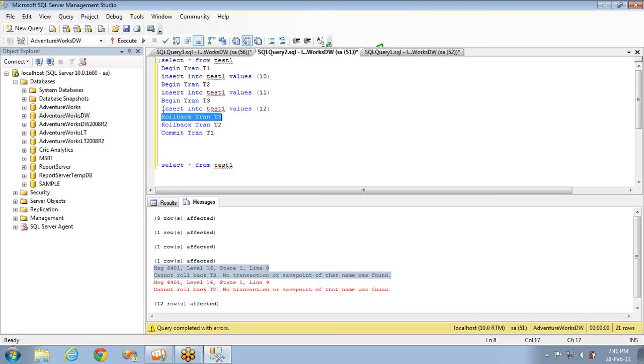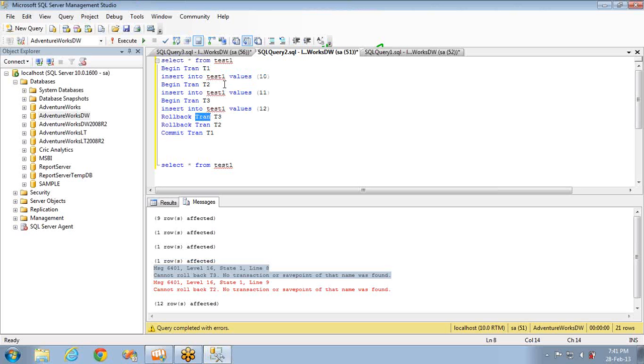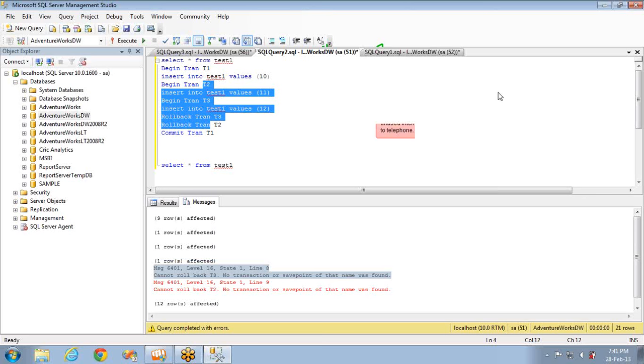Let's say this is your transaction. From here to here, this is the complete transaction, the outer transaction. In between, you can roll back to some portion of it, from here to here, not the complete one. Let's say you have 100 records; after inserting 50 records, you can add a save point, and if there is any error from 50 to 100, you can roll back to that save point. That means the first inserted 50 records will be there, but the second inserted 50 records will be rolled back. So to show you an example,